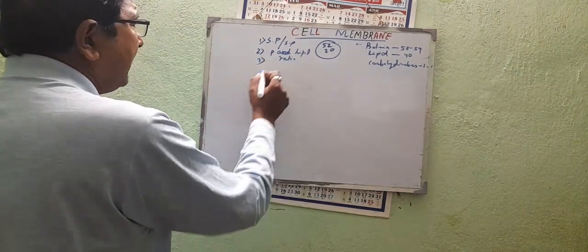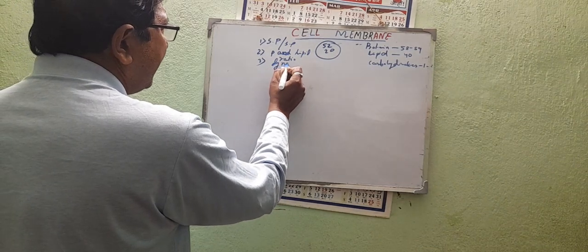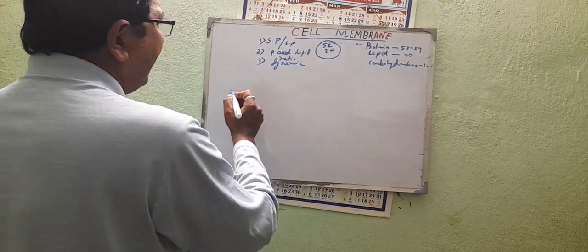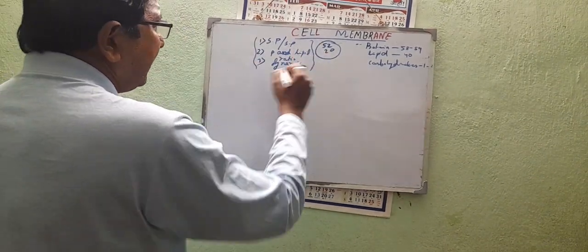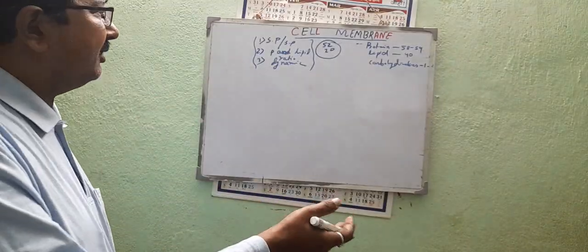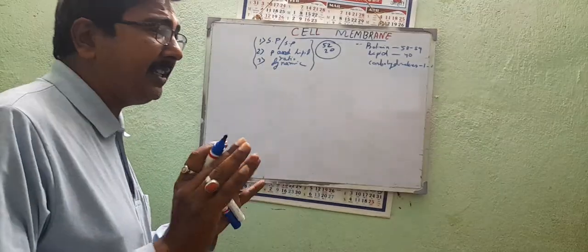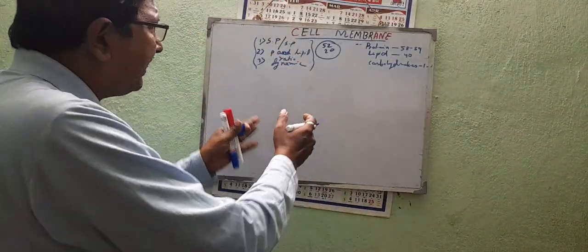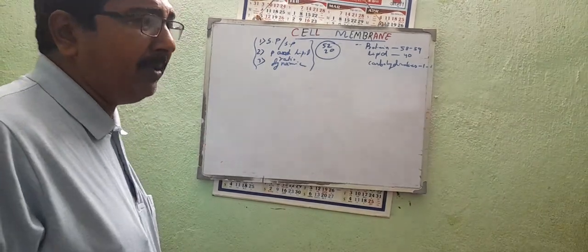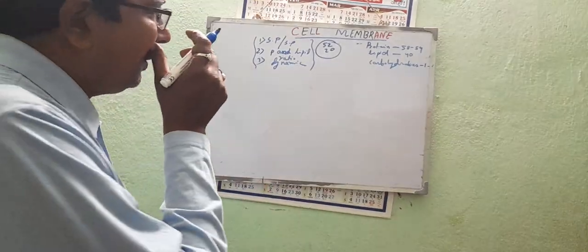Number three, it is dynamic in nature. These are the three main features. Which model can show these three properties? That model is accepted. মানে যে মডেলটা এই তিনটে প্রপার্টিকে সব ঠিকভাবে দেখাতে পারবে সেই মডেলটা কি আমরা অ্যাকসেপ্ট করব। ওকে,